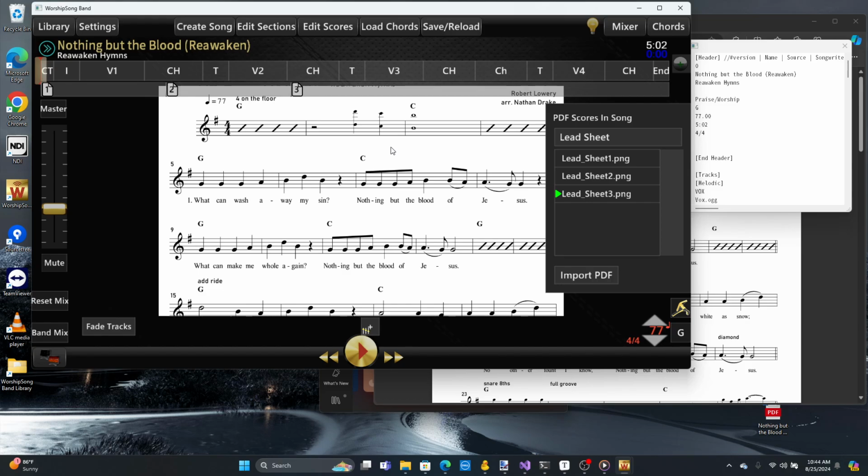I like that. And so the next thing we have to do is to lay out where the pages change or where they scroll to a different part of the page as we play the song. So if you actually listen to this song now, you can look at the score and figure out where you want it to change. So basically,